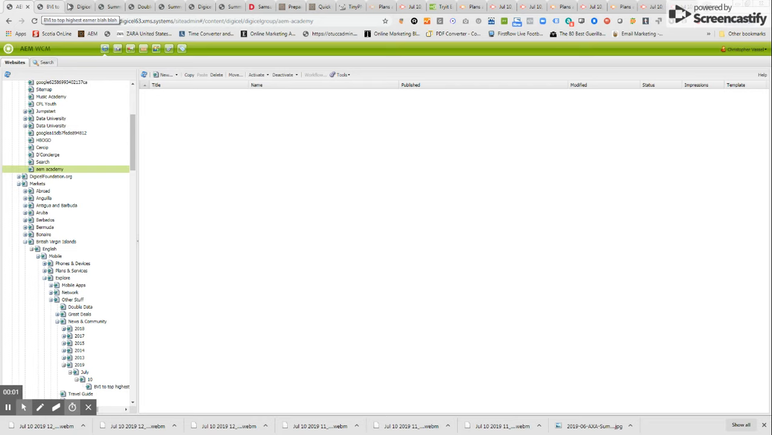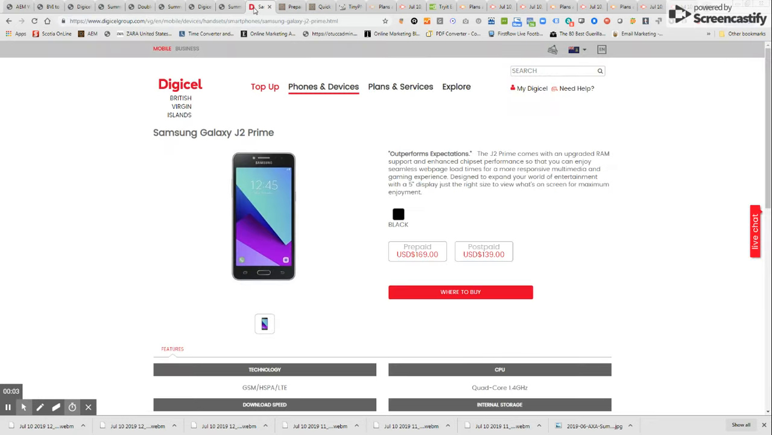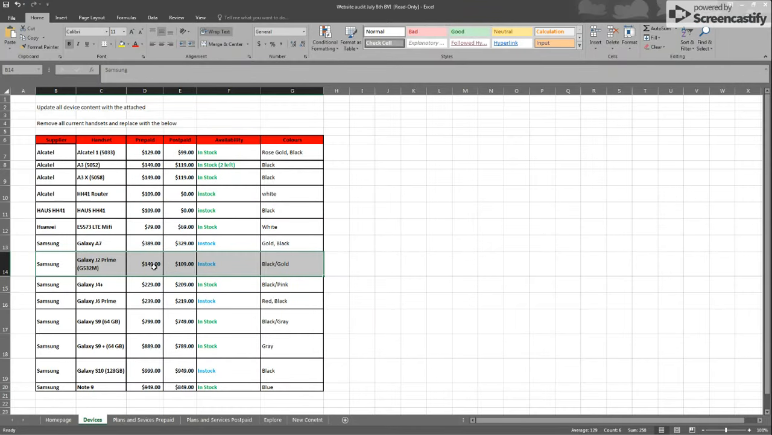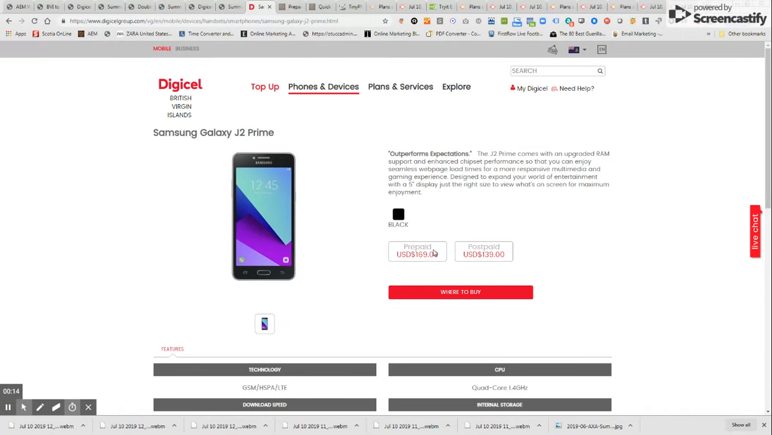Okay, just to reiterate, for the video we're looking at the Samsung Galaxy J2 Prime for BVI, and we're going to do a price change. The price change is reflected here as opposed to what is on the side. Now, to do a price change on any device, which is a very simple thing, what we have to do